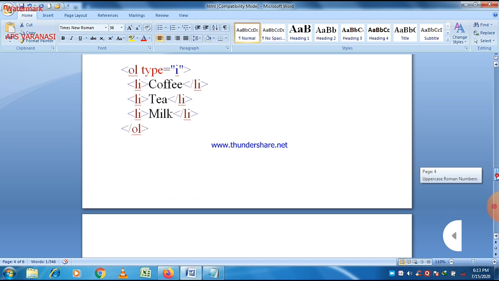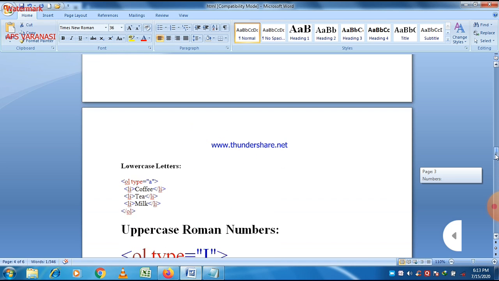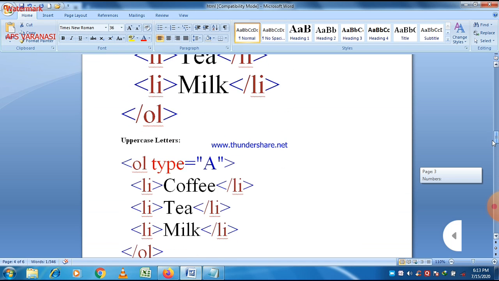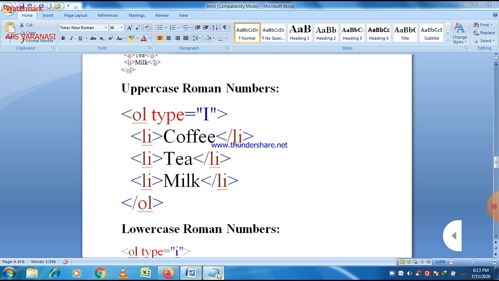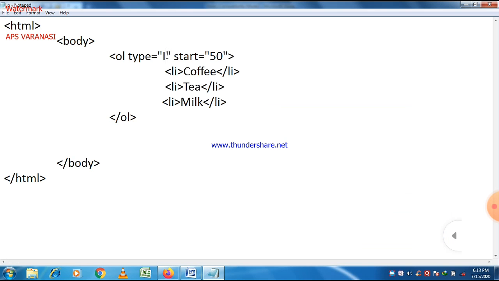But what happens if we write a letter here, small a or uppercase A? Because in English there are only 26 alphabets, and when we write 50, then what happens?